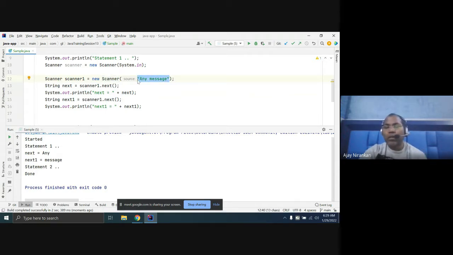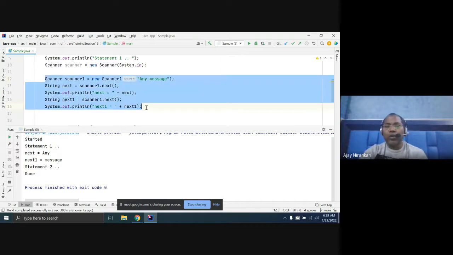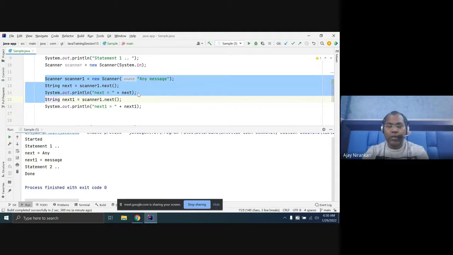This is allowed, but as of now it might not work on your system, so for now just leave it. Java 17 onward, you can do it, but for now just don't try. Okay.